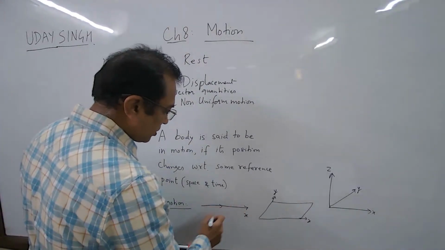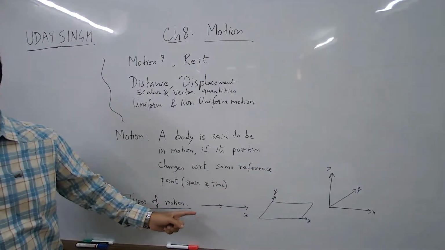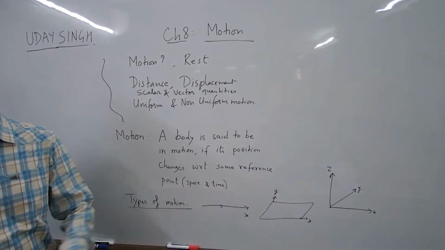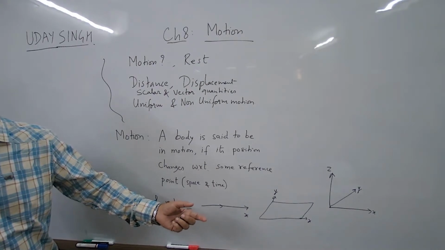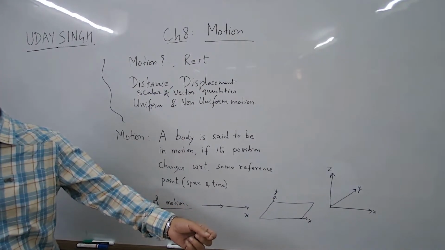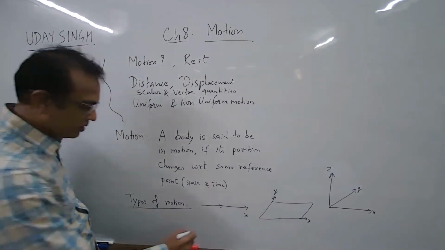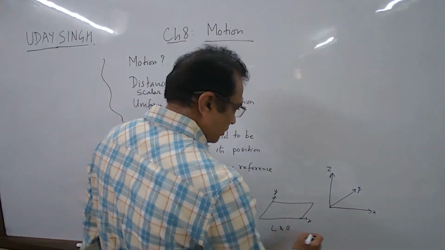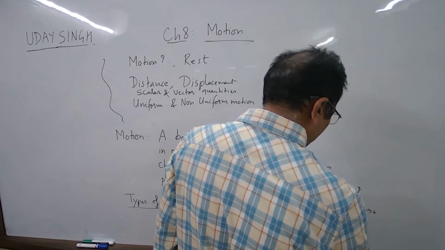Anything which makes a motion in only one direction is linear, like a piece of wire. Its length is much more as compared to its thickness. So what dimension does it have? It only has length. Its thickness is negligible. So length only in this case. Here you have length and breadth. Here you have length, breadth and height.